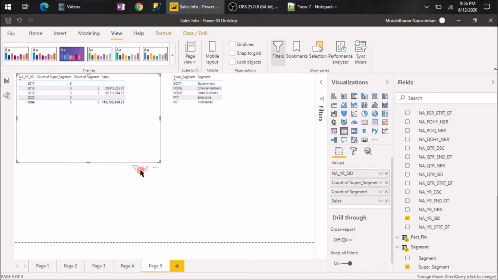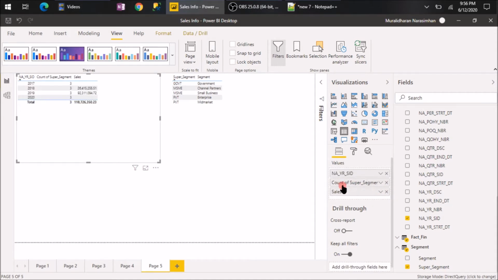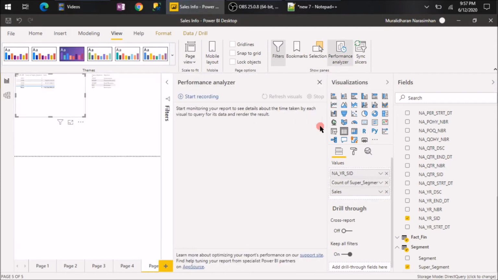So to really understand what's going on here, we will remove this segment count to avoid confusion, and we will keep the super segment and the sales. Now we will enable the performance analyzer.